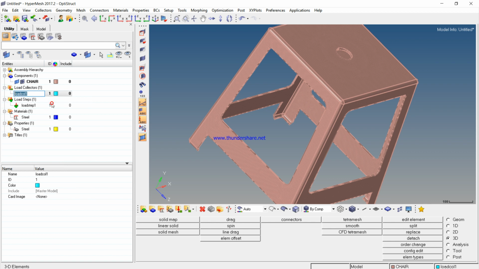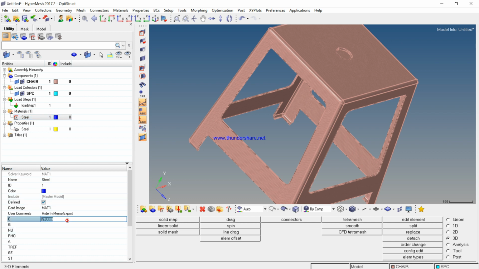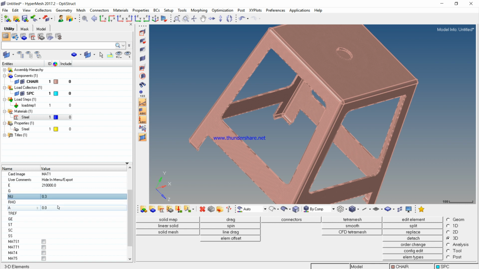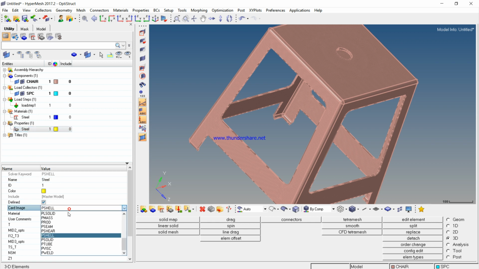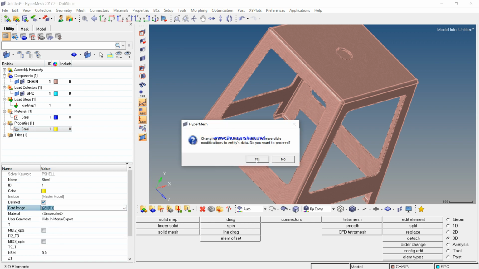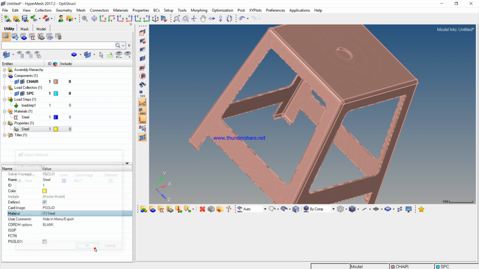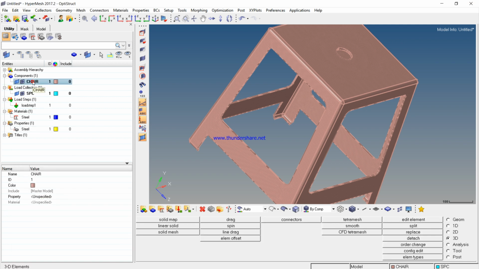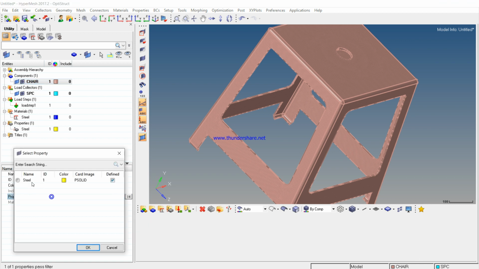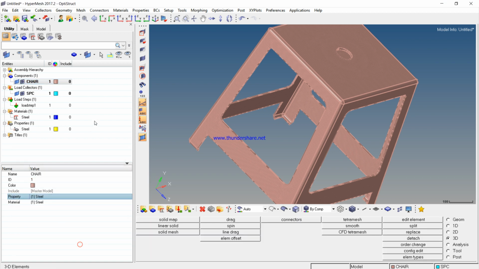And then rename it as SPC in the load collector. So as we said, it is steel: Young's modulus of the steel, the same Poisson ratio, and also density of the steel in ton per mm cube. The property should be solid, so we are giving PSOLID, selecting the property, and applying this property to the component,